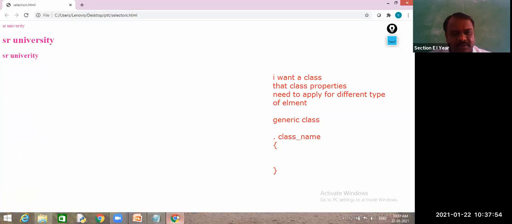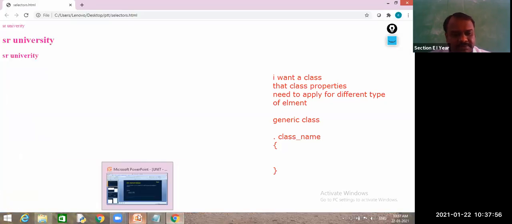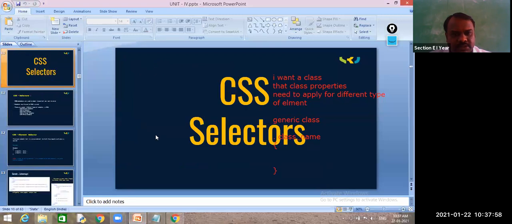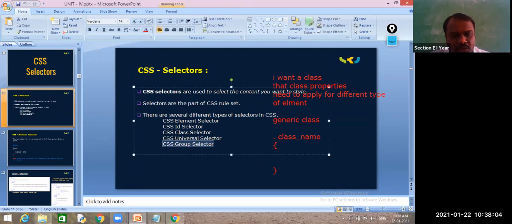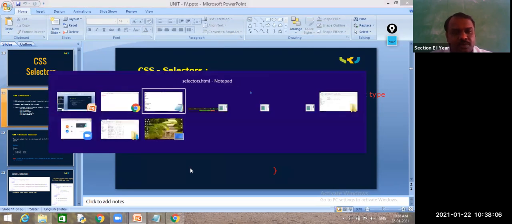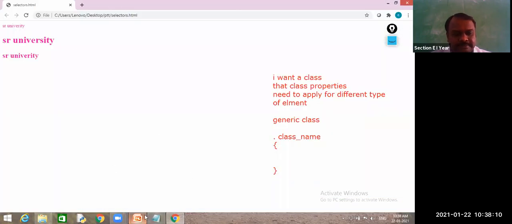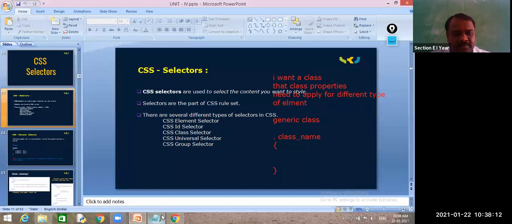Next up, we will go for another one. So the element selector is clear, the class selector is clear. Next we will go for the group selector. Here I have multiple elements.